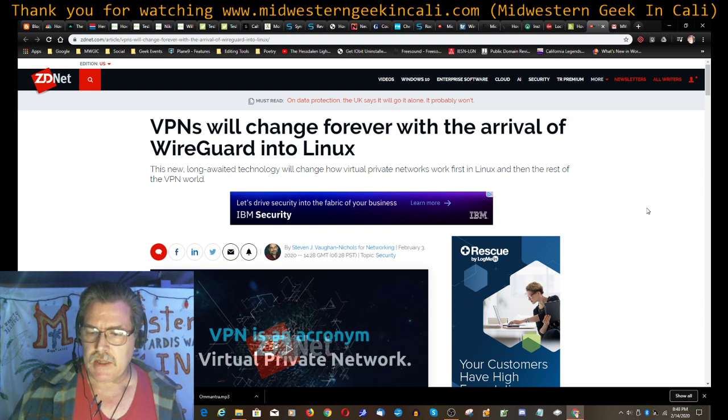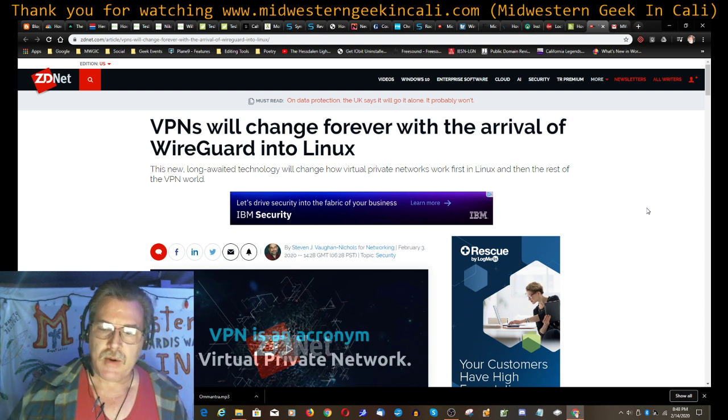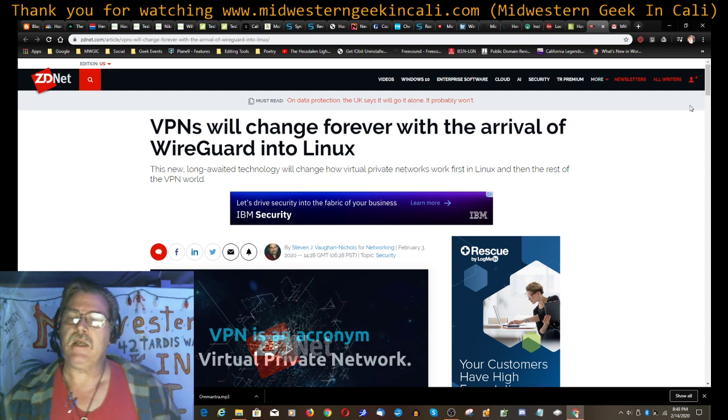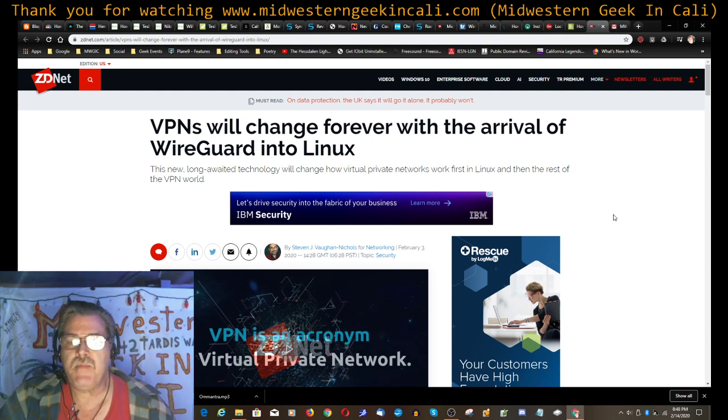There's more to the story than that as far as what you should look for in a good VPN, but the basic bottom line is that it encrypts all your traffic, so whoever owns the Wi-Fi router, or whoever's sitting in radio range of that Wi-Fi transmission with sniffer software, is not going to see anything but gobbledygook. So embedding WireGuard into the Linux kernel, so it's actually part of the operating system, is kind of a big deal. This article is definitely well worth a read. Go take a peek.